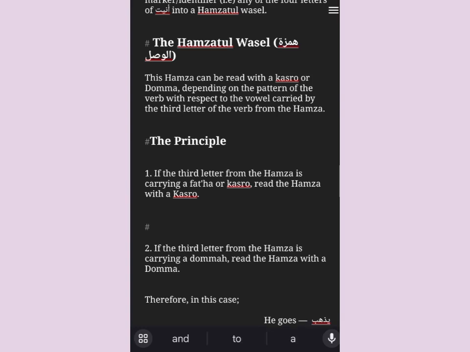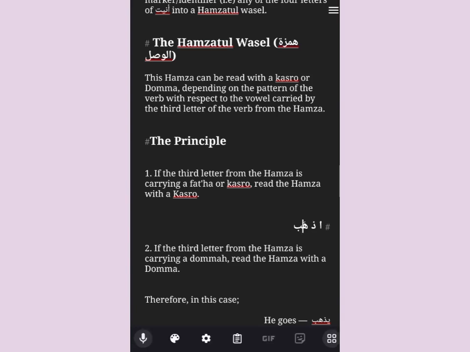Okay, so we have the verb idhab. What is the third letter from the hamza? Hamza is the first letter, dhal is another letter, and this ha is another letter. So this ha, which is the third letter from the hamza, is